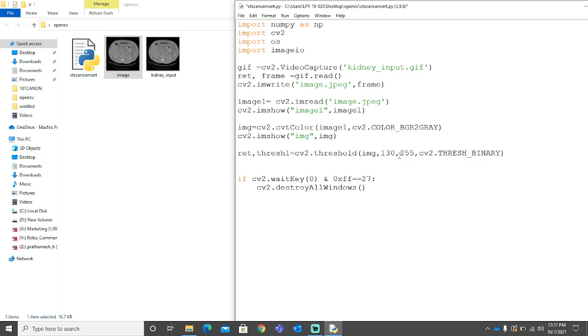Okay, so for moving forward, let's comment this out. Need to comment this out. Okay, and let's print this one out. Let's name it threshold. And yeah, we have thresh1.